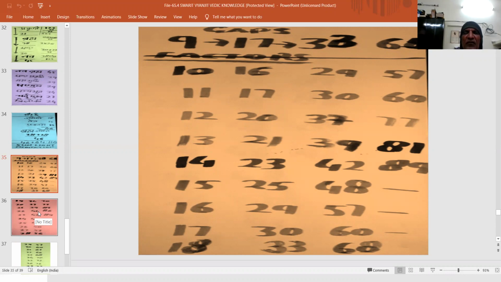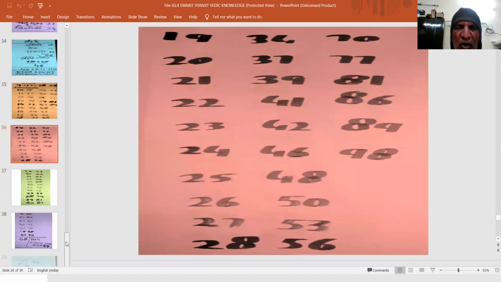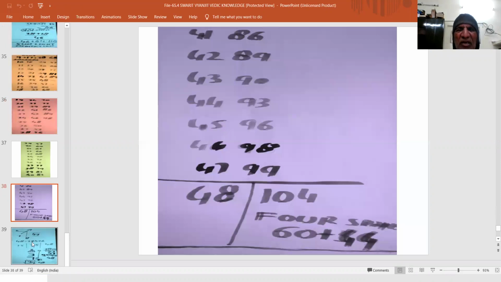reach the factors for the number ranges 1 to 10 as factors 16 and 1 to 16 as 29 and 57. Like that, when we proceed and continue for the organization, then we will reach that the number range 1 to 47 leads to factors 99, and at 48 we reach 104, which is a 4 space.